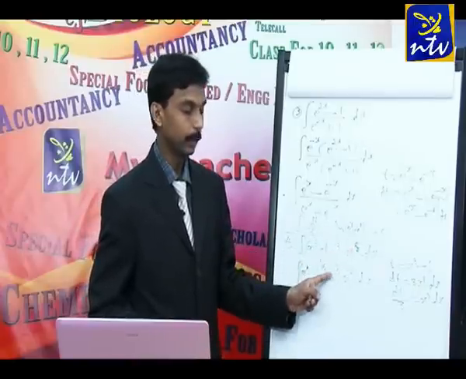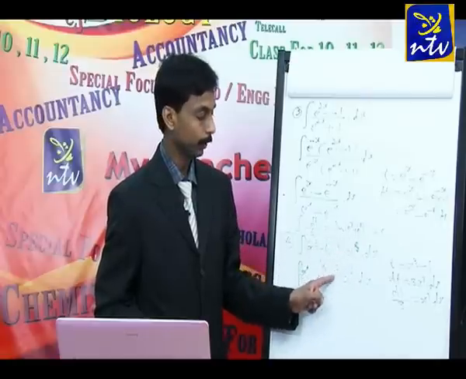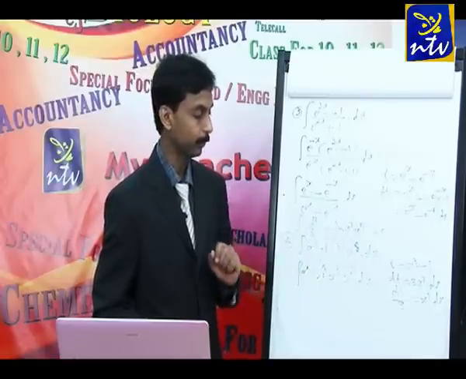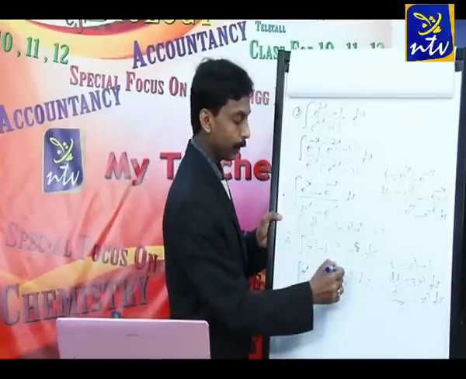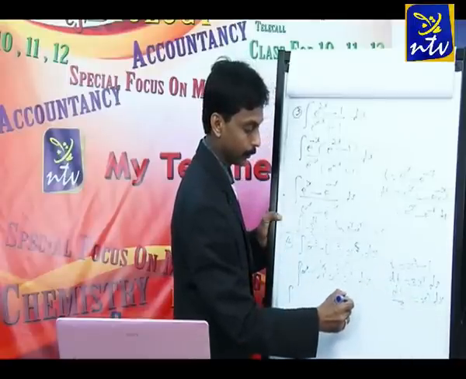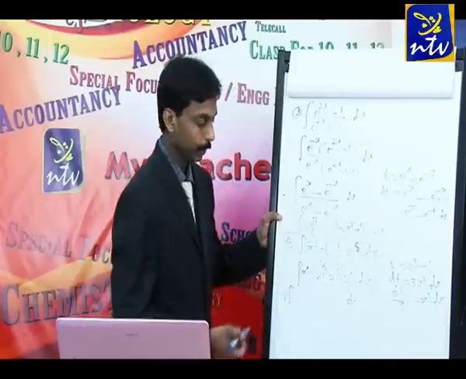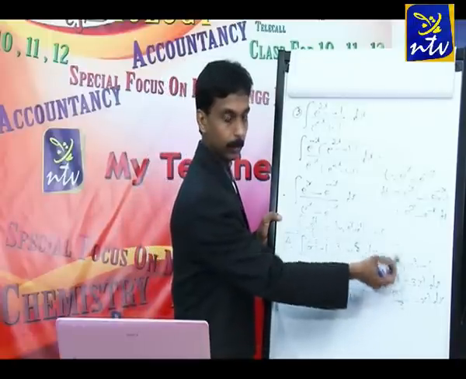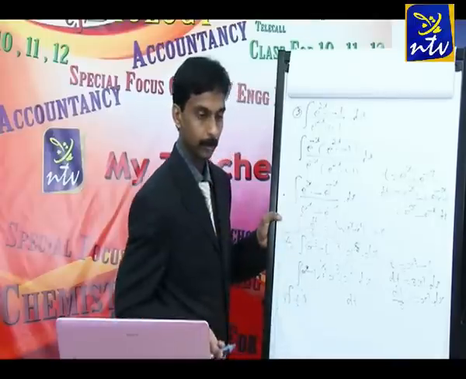You know, we can split x raised to m plus n as x raised to m into x raised to n. We split this, so 3 plus 2 will be 5. Now x square dx, which we already differentiated, we got the answer here: it is dt by 3. So it is dt, and this constant we write outside, 1 by 3. x cube minus 1, we gave a substitution there, that is t. So t raised to 1 by 3.